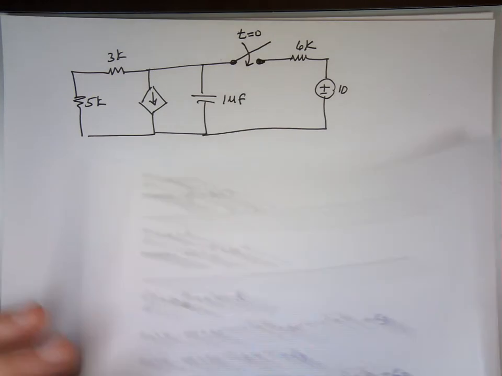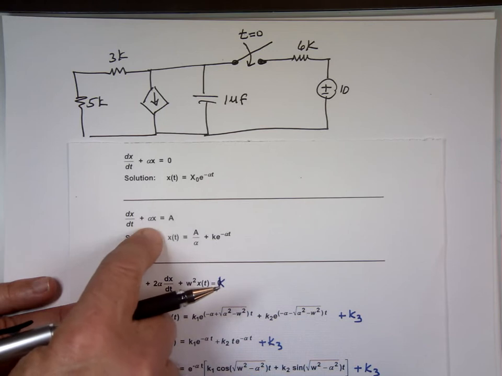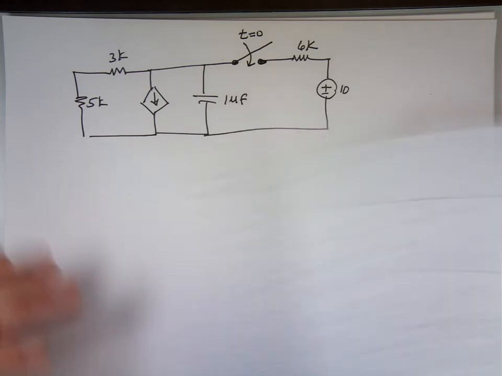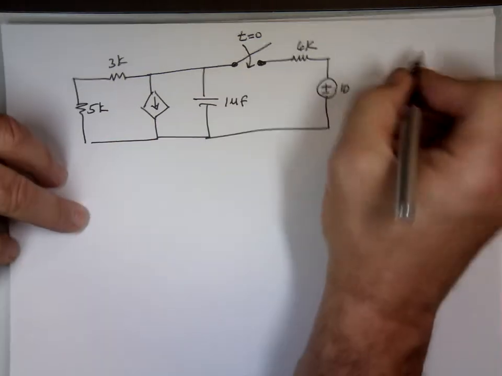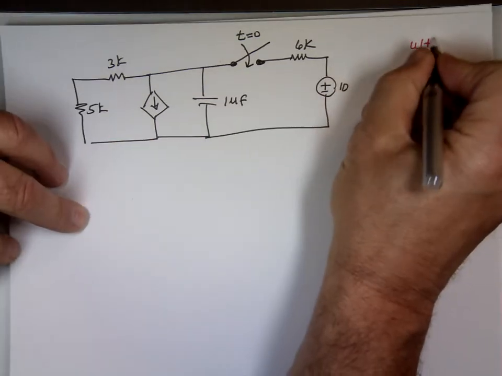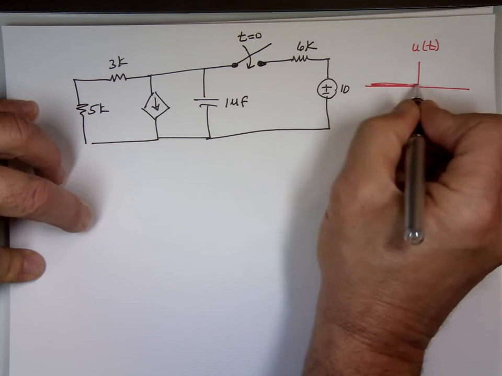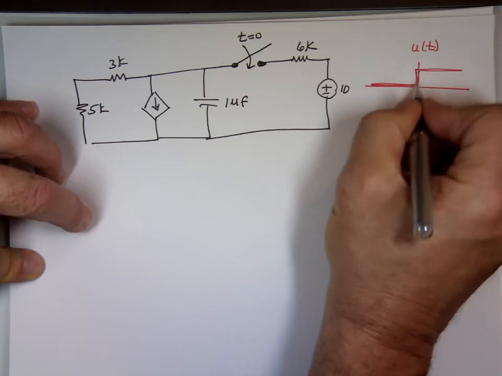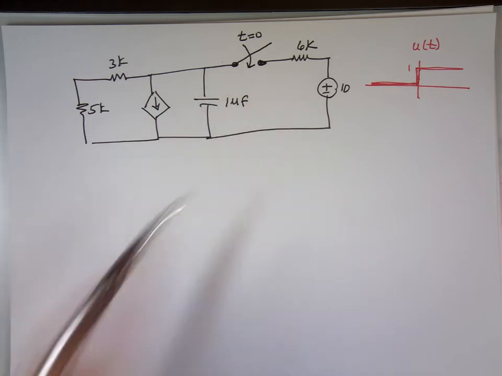So I might be using this differential equation because you will have a source in the circuit for t greater than 0. Again, as I said before, a lot of times instead of the switch there, we use u sub t, which is a unit step function, and u sub t will have a value of 0 for t less than 0 and a value of 1 for t greater than 0. So instead of using that,